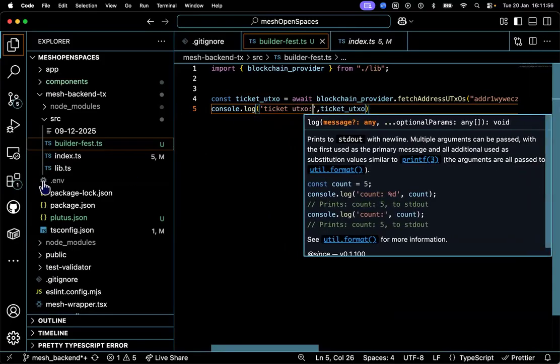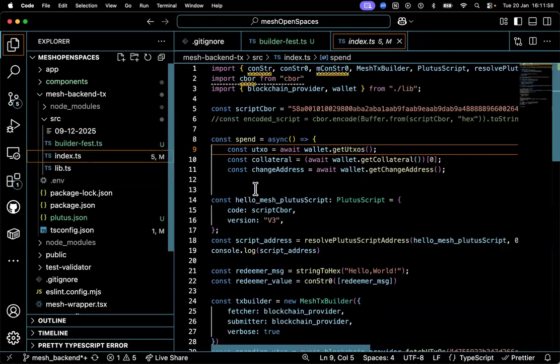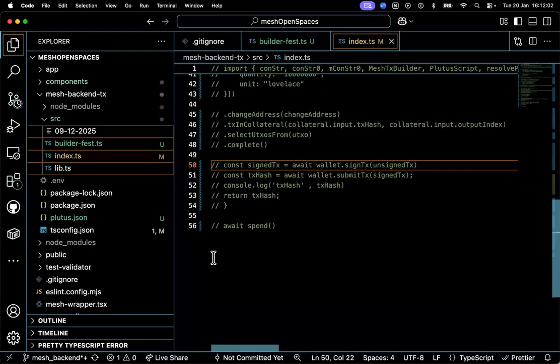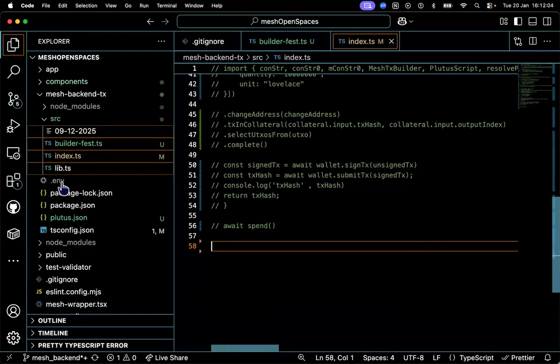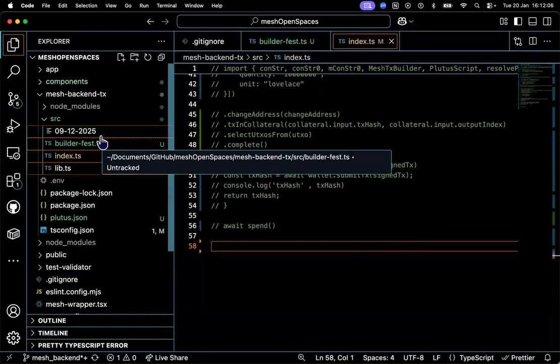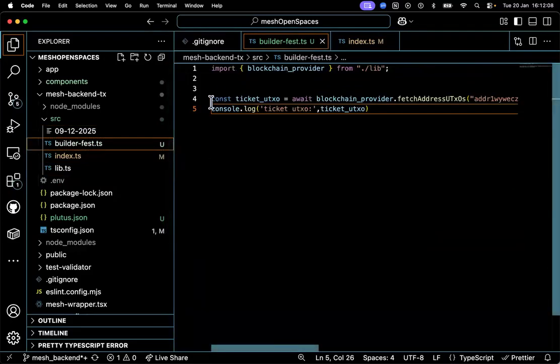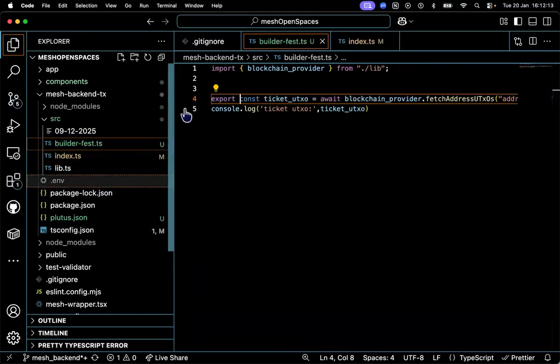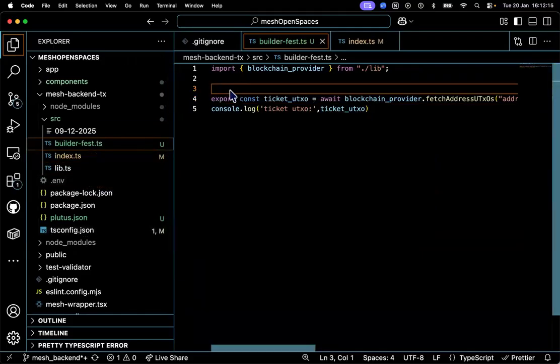Okay, so I hope we'll be able to get it. Let me just comment out all of this. I think I'll be needing a function actually. Let me just create a function.